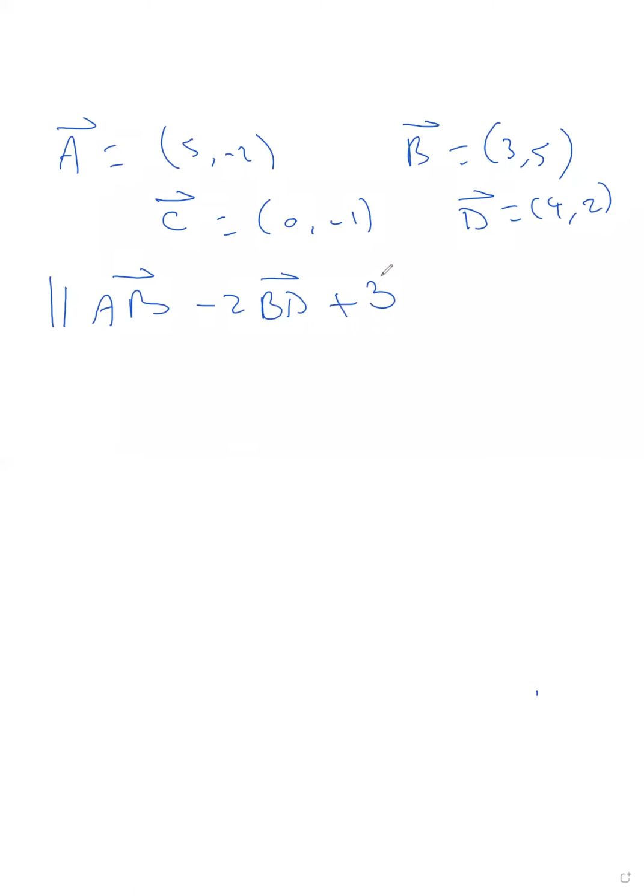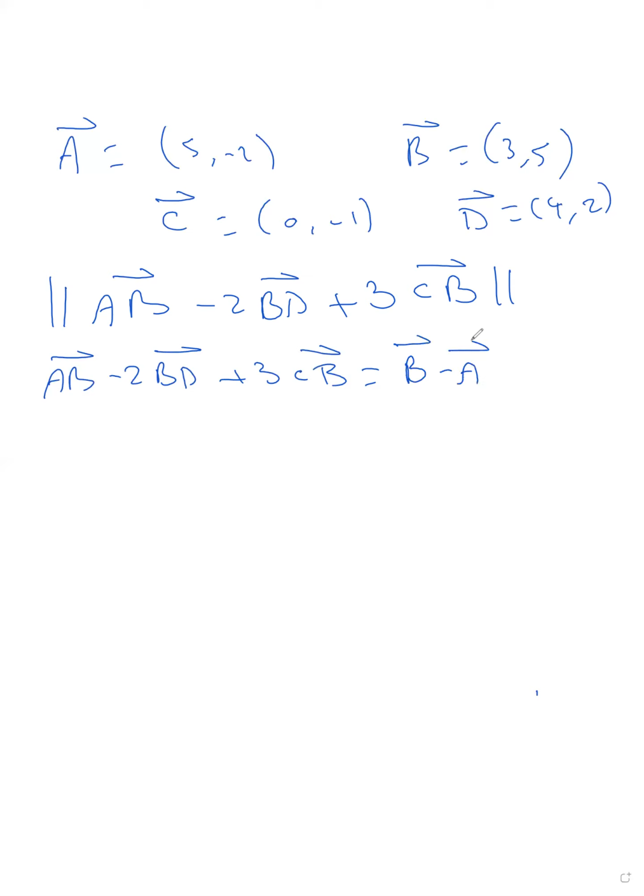plus 3CB, for example. First find the vectors without the norm, and when you simplify all of them into one vector, try to find the norm of this vector. For example, AB minus 2BD plus 3CB: AB means